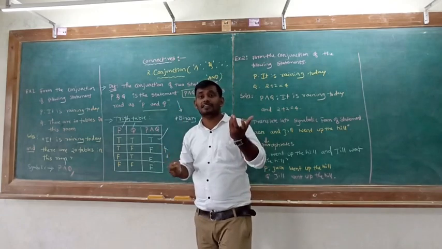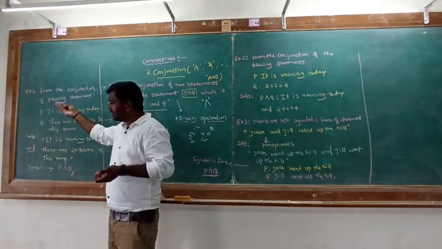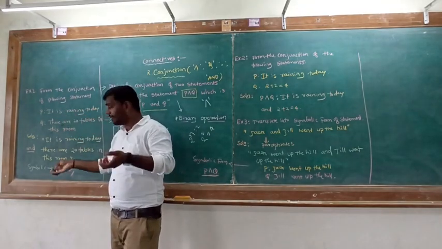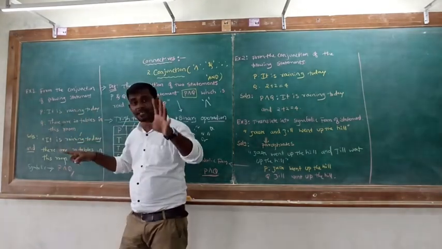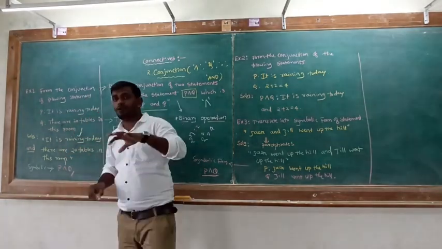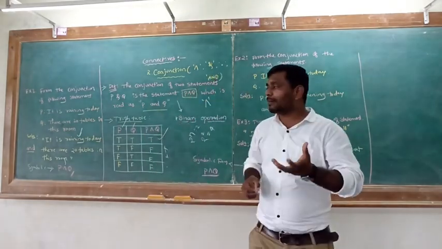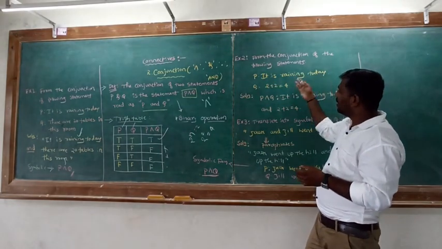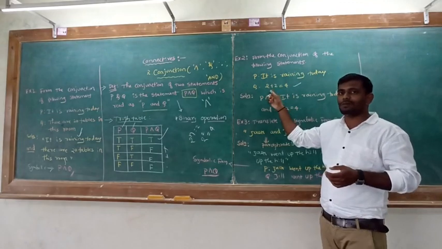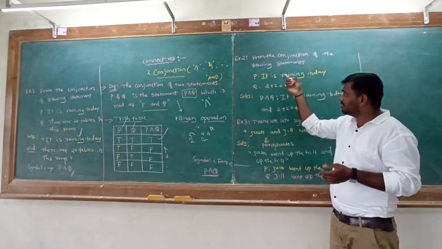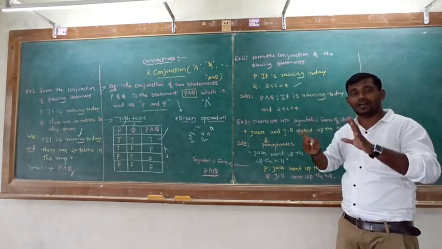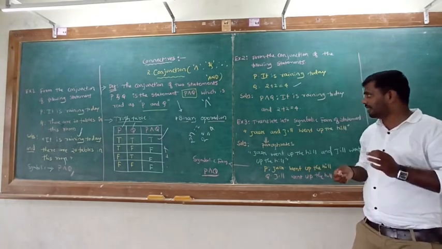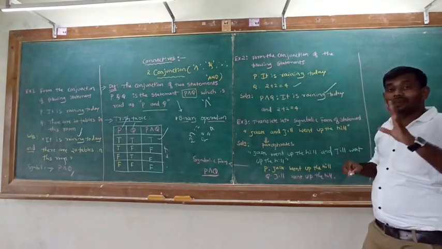In English, grammatically, that would be a mistake. This is telling one thing and that is telling another, so it is not correct grammatically. But in mathematical logic it is correct. We will not look at grammatical errors. We are only combining the primary statements. Same here: it is raining today, and one more, a mathematical equation, 2 plus 2 equal to 4. There is no relation between the primary statements, but we are conjuncting both of them. So this is also valid in mathematical logic.